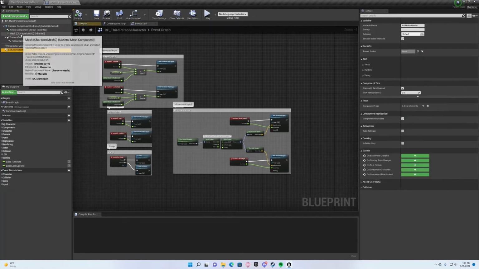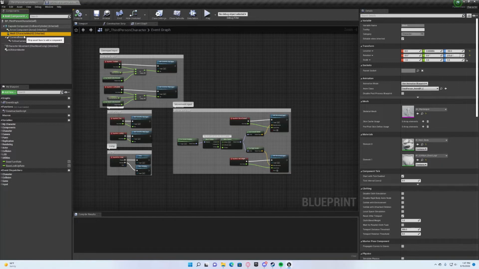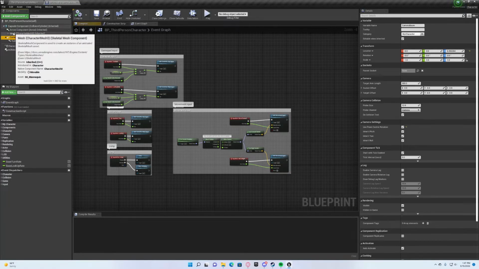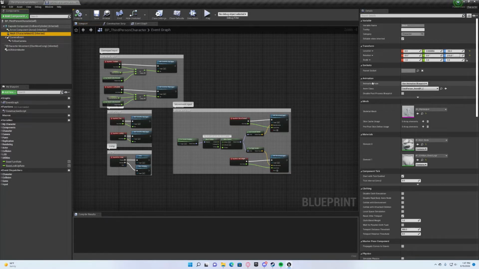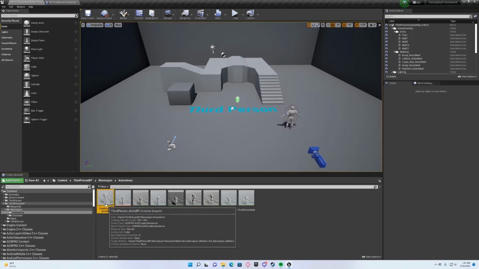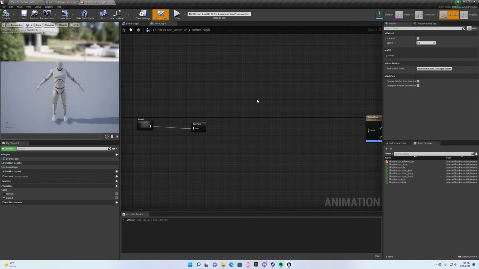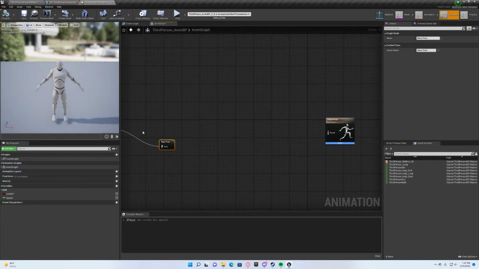So anyways, our next step is we need to go into our anim BP and we're going to start working with our animation blueprint. So easiest way to find it is go here to mesh and come over here to where it says animation, third person anim BP, and hit that looking glass. Alrighty, so now we have it here. Let's double click and open that up. Alrighty, I'm skipping ahead here. So what yours is probably going to look like